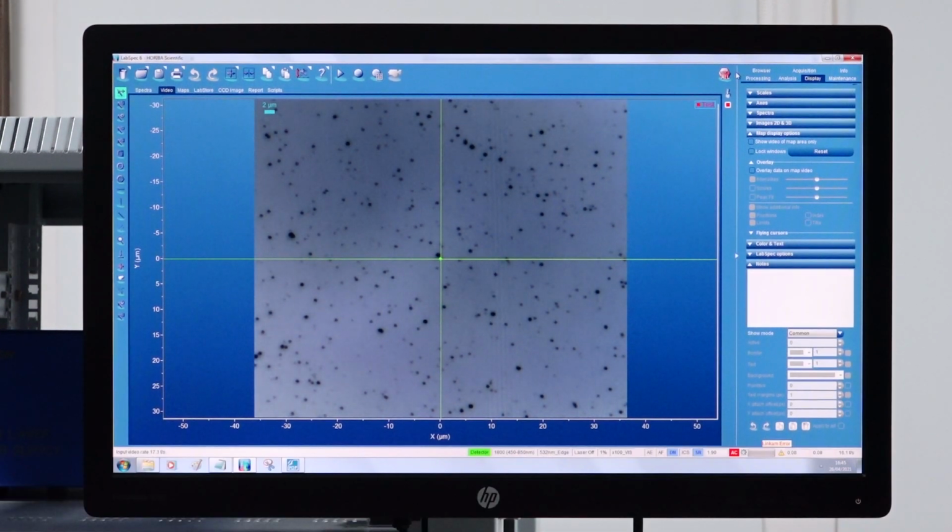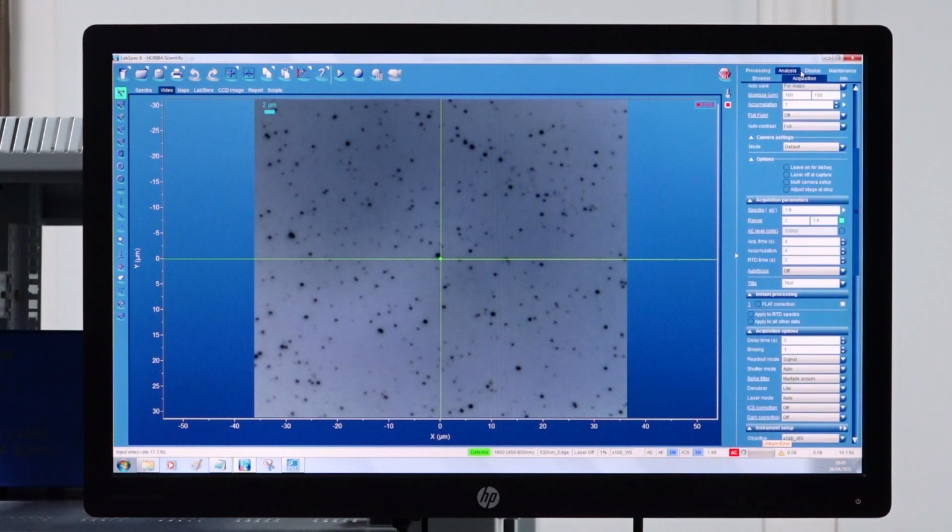So on the software, at the top right hand side, you can see different tabs available: browser, acquisition, info, processing, analysis, display, and maintenance. Now the first step would be to set up the laser source. To do that, we will go to acquisition tab here.